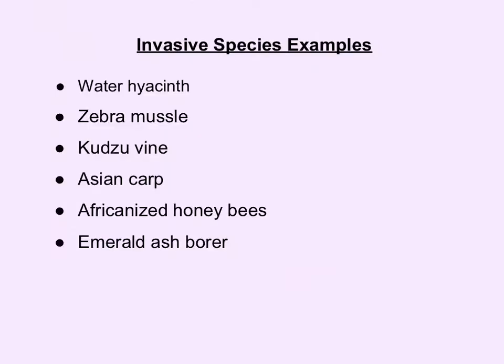All right, this slide, I just want you to pick one of these things. This is a plant. These are all what's called invasive species. I know I haven't gone over it yet, but I'm going to. I want you and your partner to pick one of these, and I want you to write: why is this an invasive species? You can pick the zebra mussel, the kudzu vine, Asian carp, whatever you want. And also, how does it harm the environment? How do they harm the ecosystem? And more importantly, what do invasive species do to biodiversity?